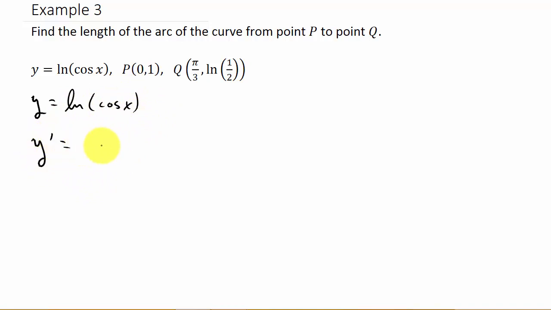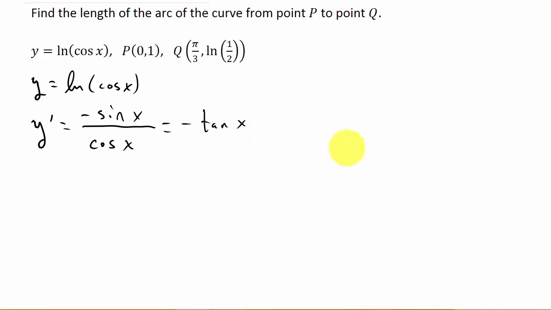So the derivative is going to be, remember how to take the derivative of natural log. Cosine x goes in the denominator, and the derivative of this goes in the numerator. So that's negative sine x, and this is actually negative tangent x. There's our derivative. So let's go ahead and plug this in. The length of our arc is the integral of the square root of 1 plus the derivative squared, so that's negative tangent x squared